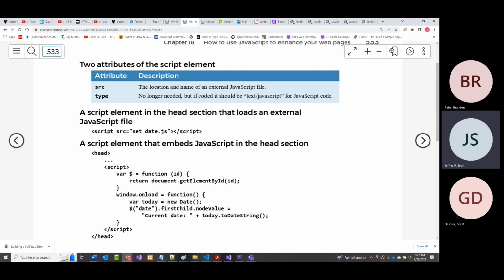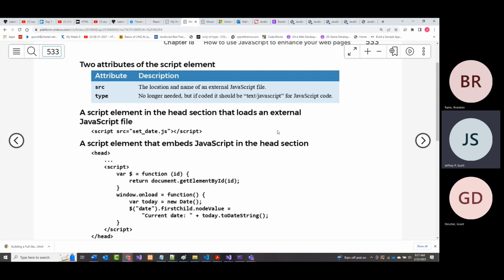Here you must put one in. Also, when you look at that little chart on the top of page 533, they talk about a type statement. You can say in there, either before or after the source, type equals, in double quotes,